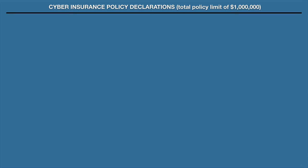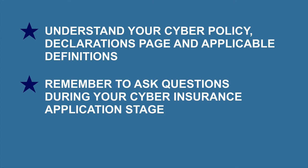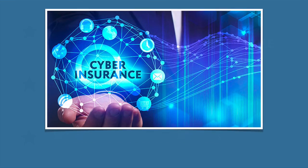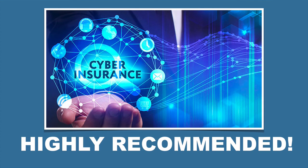Once again, I can't emphasize how important it is to understand your cyber policy, declarations page, and applicable definitions. Remember to ask questions during your cyber insurance application stage and any subsequent renewals. Although cyber insurance is not usually a required coverage, it is highly recommended for mortgage bankers due to the current